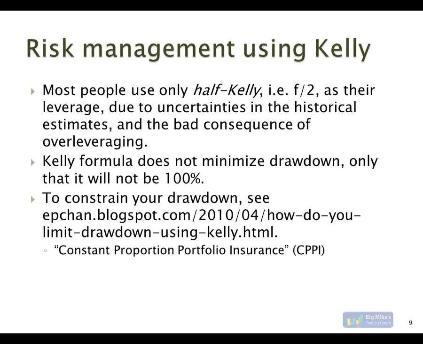Your estimate cannot be very accurate. Maybe based on 1 year of data, maybe 3 years of data, but it's not going to be accurate. So there's this uncertainty in the estimate, and it's safer to be on the under-leveraged side than on the over-leveraged side, and that's one reason. The other reason is that whatever estimate you get, no matter how long a historical data you use to estimate the M and the S in calculating F,